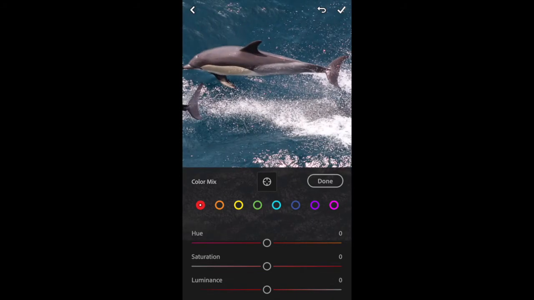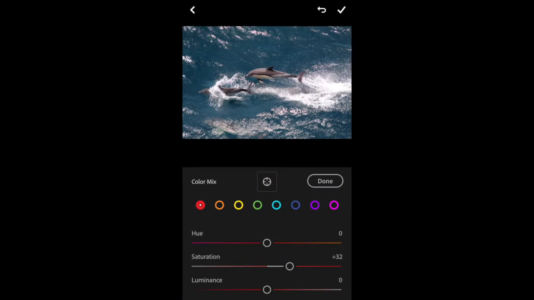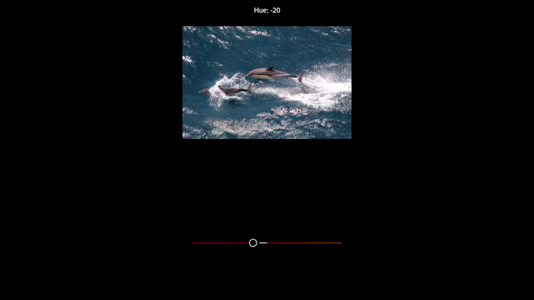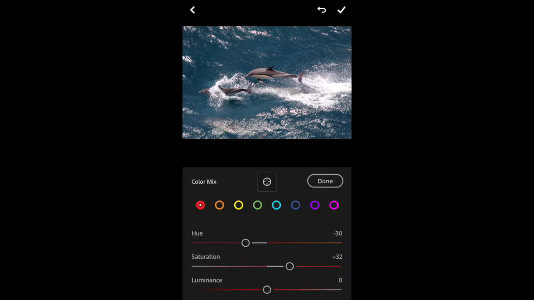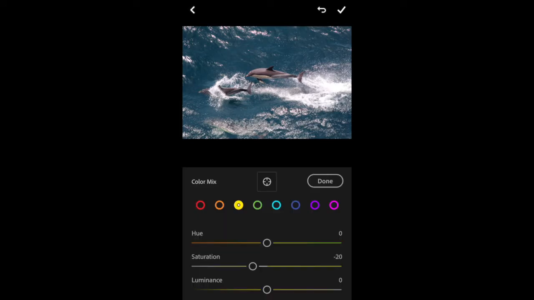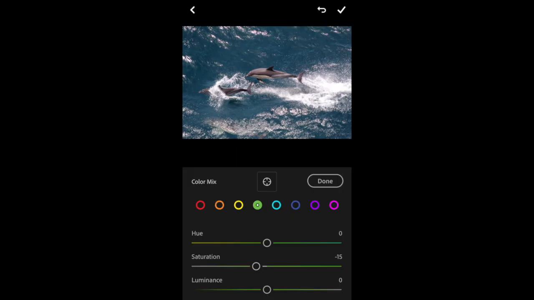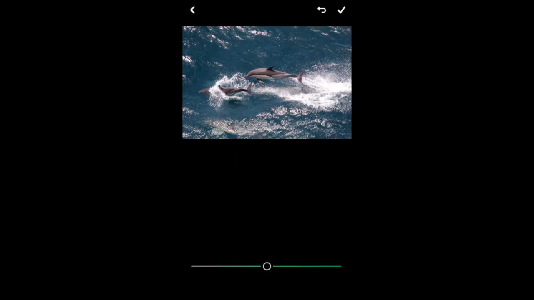So I just clicked on the colour mix icon and that means I can edit the individual colours. I'm just editing the hue, the saturation, the luminance of the colour. Luminance means how glowy the colour appears on the screen. So because this image is in the sea, I really want the blue to stand out and I almost want